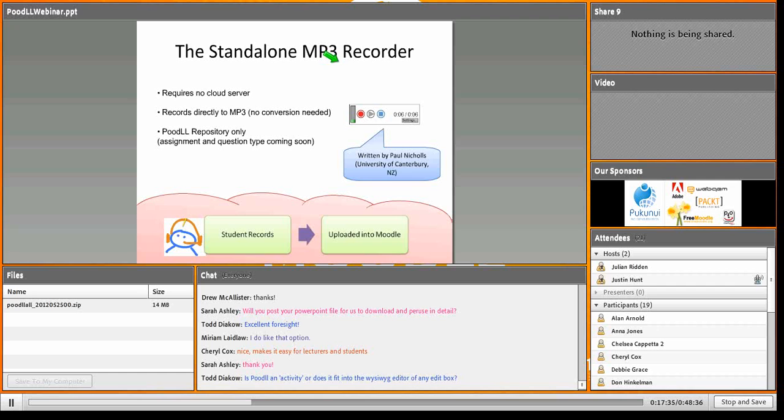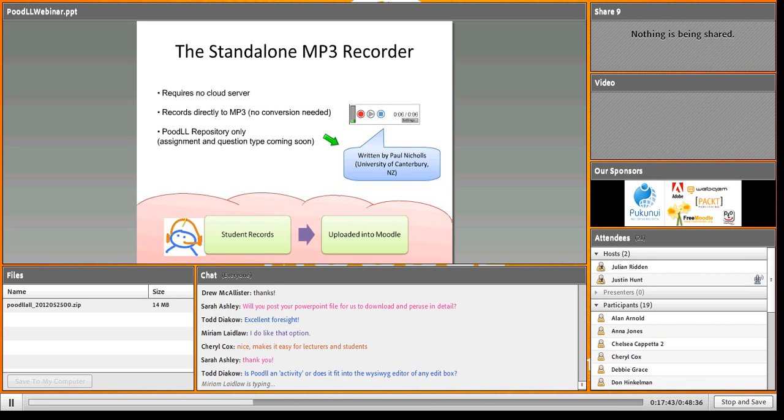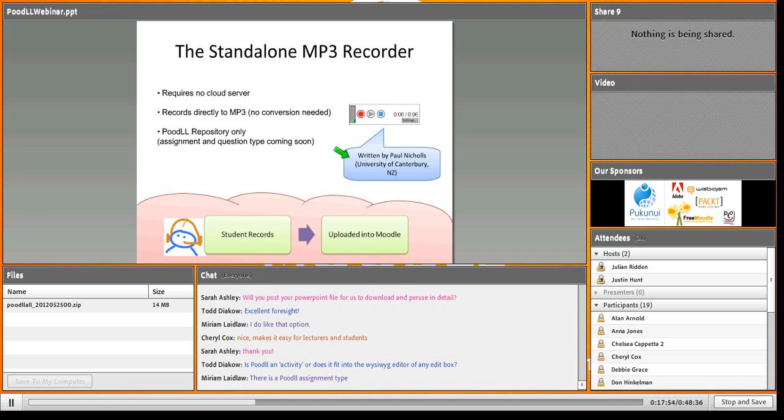I've actually already covered the standalone MP3 recorder, but let's just do it in a little bit more detail. Everything in PoodLL is written by me, and to a small extent Tom Rawson. He's also here in Nagasaki. Tom Rawson does a lot of the infrastructure. He does some of the coding, but he does things like the PoodLL demo site and a lot of the scripting and behind the scenes work, and our tokyo.poodle.com server.